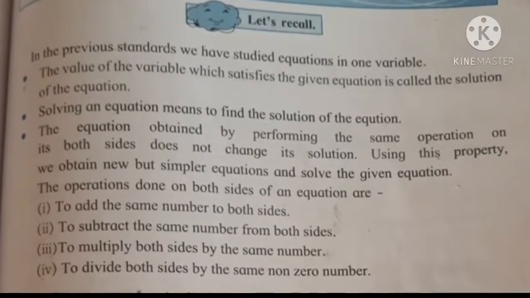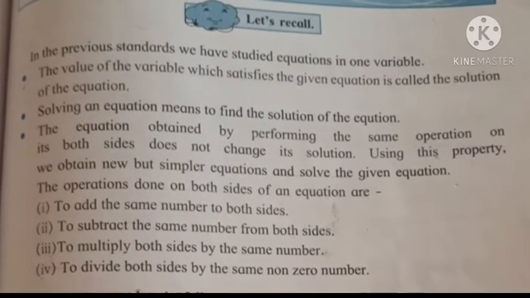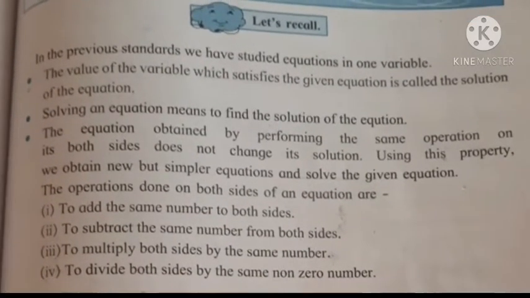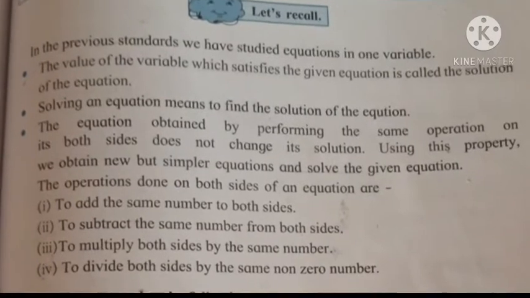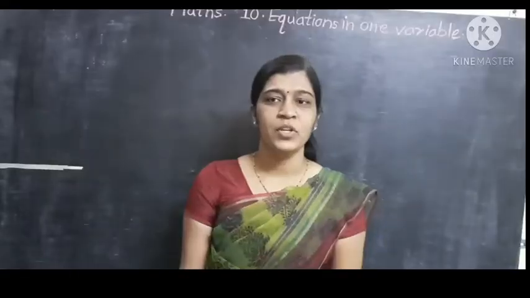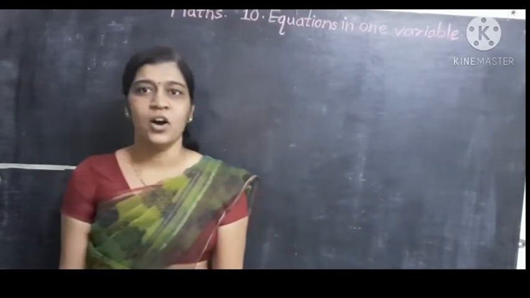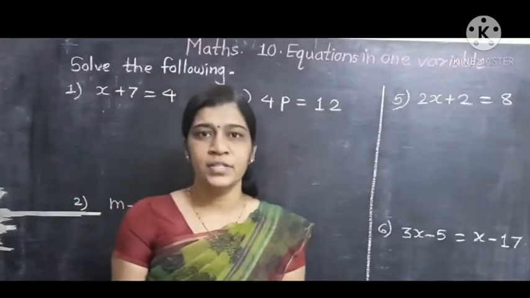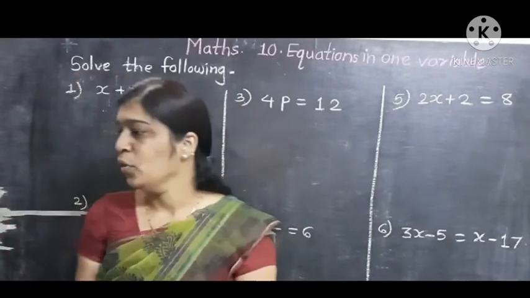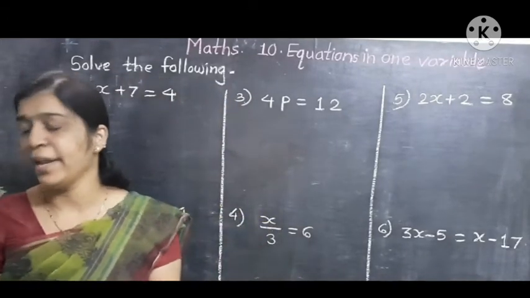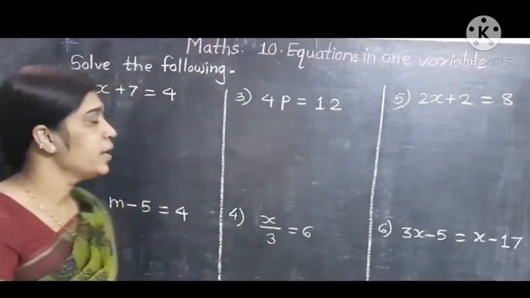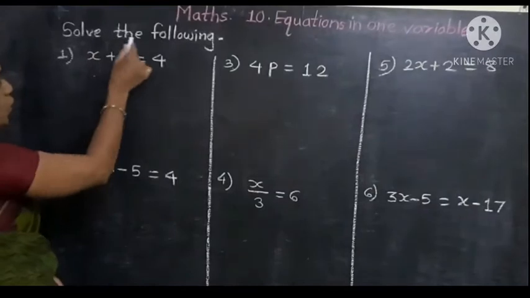Okay, we learned all this in the last standard also. So we recall all these examples first and then start our topic. Okay, so let's recall first all these examples. So students, let's try to solve some examples from last standard. We had learned in topic number 8 linear equation in one variable. Okay, see first question, solve the following.